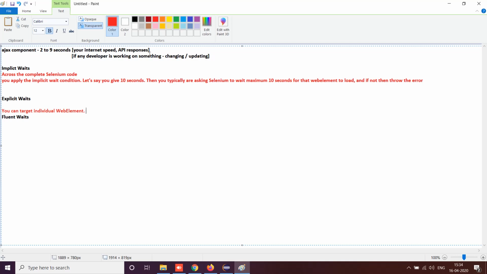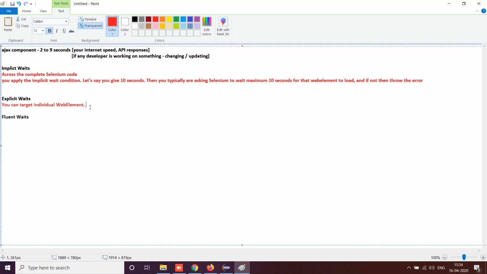The others are working fine. So if you introduce implicit wait unnecessarily, I'm not saying that it will extend your code running time and all that, I'm not getting into that discussion. But genuinely, why do you want to write a line of code which might do that? So instead we use explicit waits.